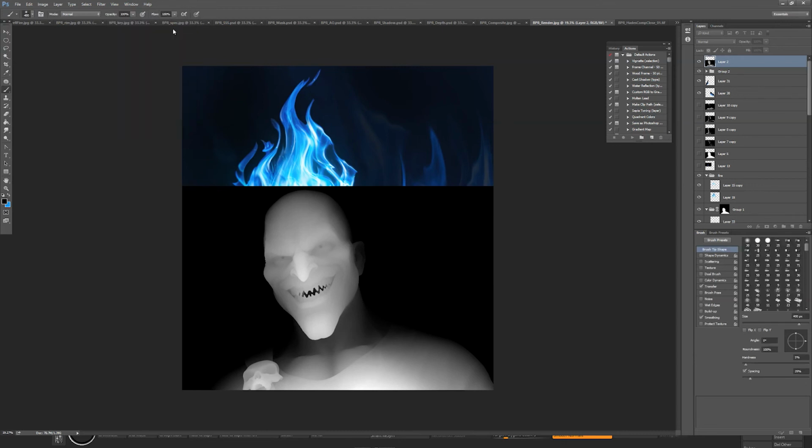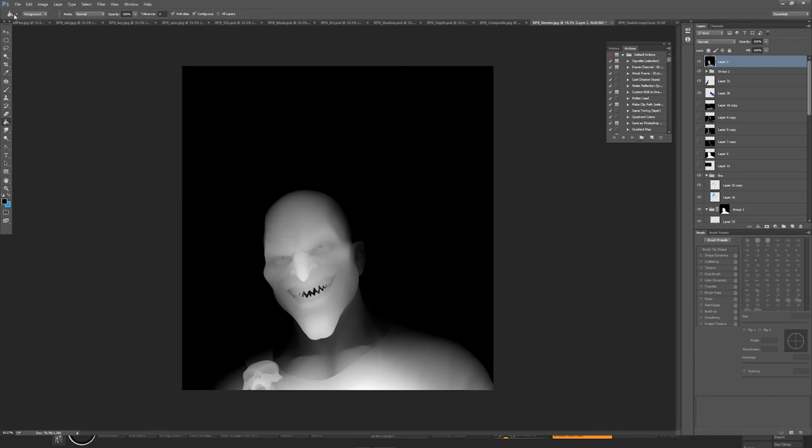Yeah, that's cool. I want him to feel like he's in smoke, right? So I'm then going to, just because I've extended this, I'm going to fill the top with black. All good. I'm going to then